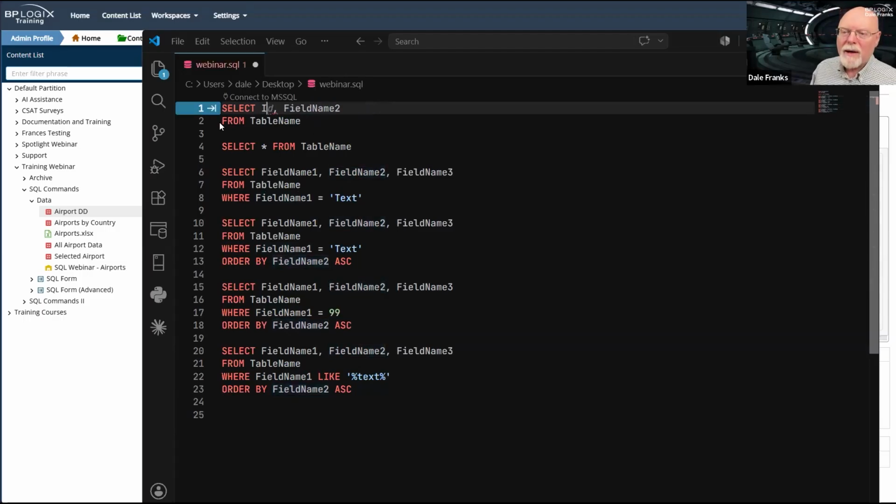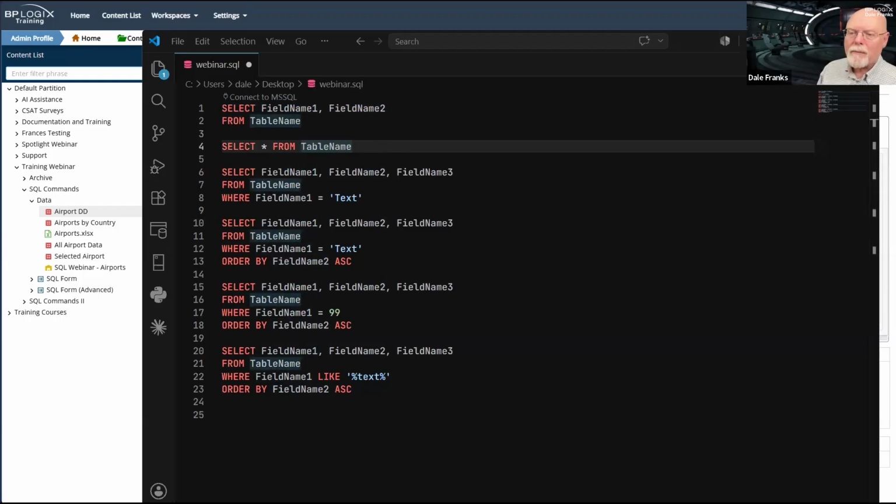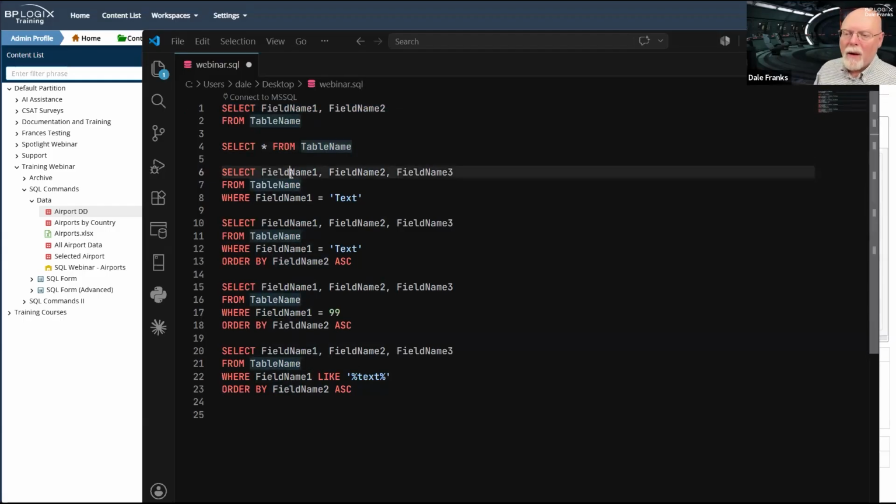Let me just do this one: ID field. So this is our primary key ID. And we'll call this name field.